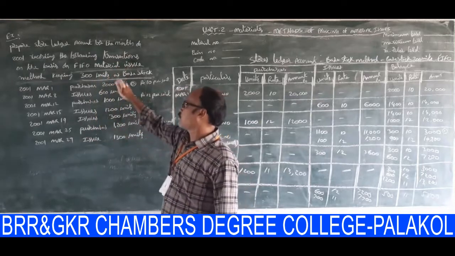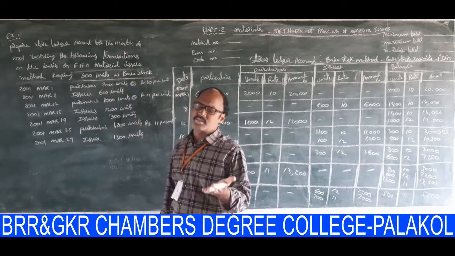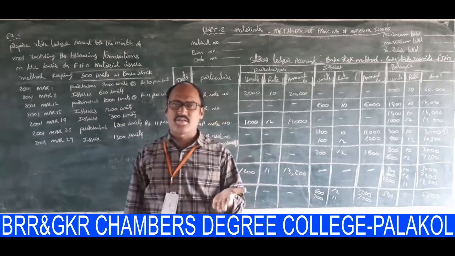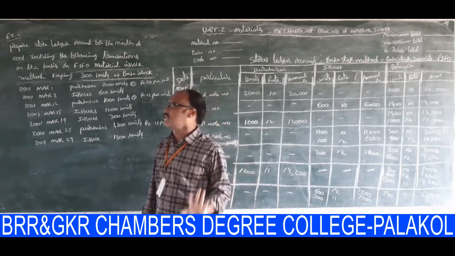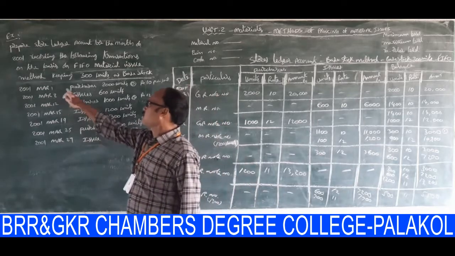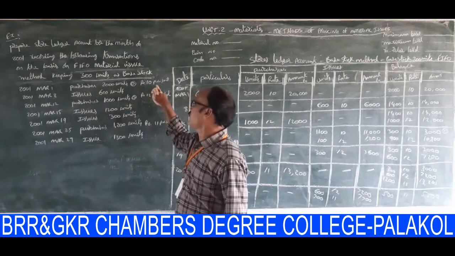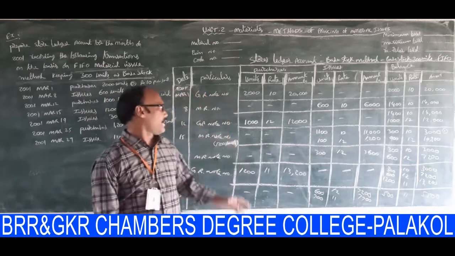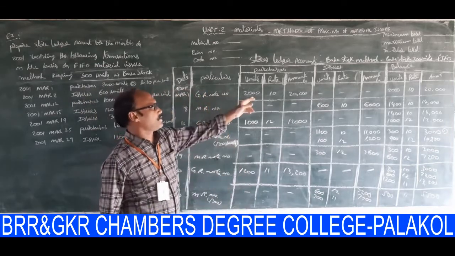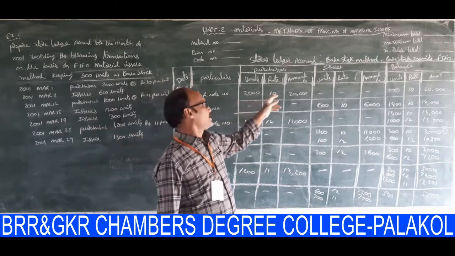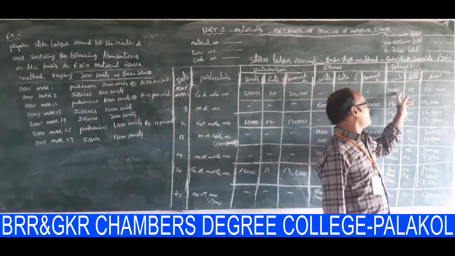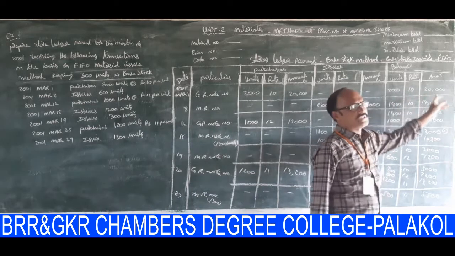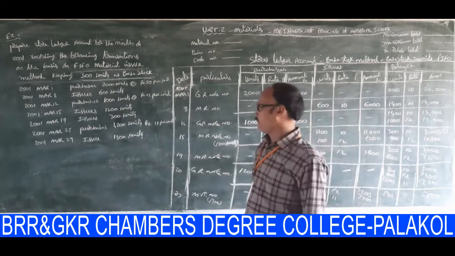Base stock method means you have to maintain some units kept in the stores, under FIFO method or LIFO method. Right. March 1st purchases 2,000 units at the rate of 10 per unit. GR note number, 2,000 units, 10 rupees per unit, 20,000. So 2,000 units, 10 rupees, 20,000 materials.